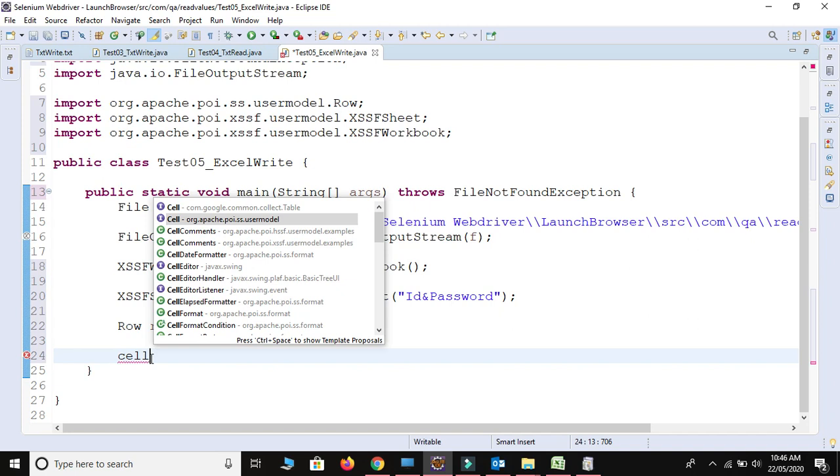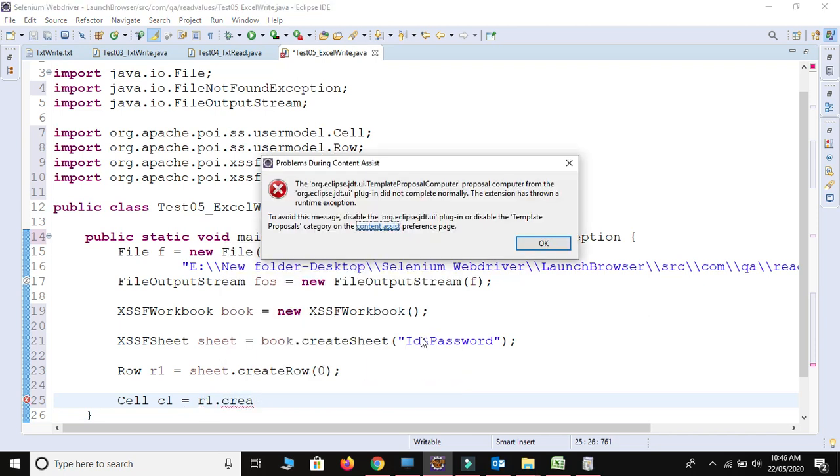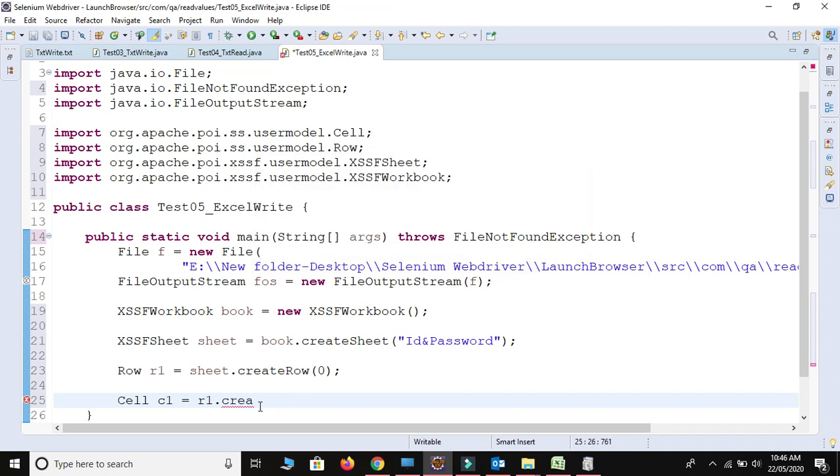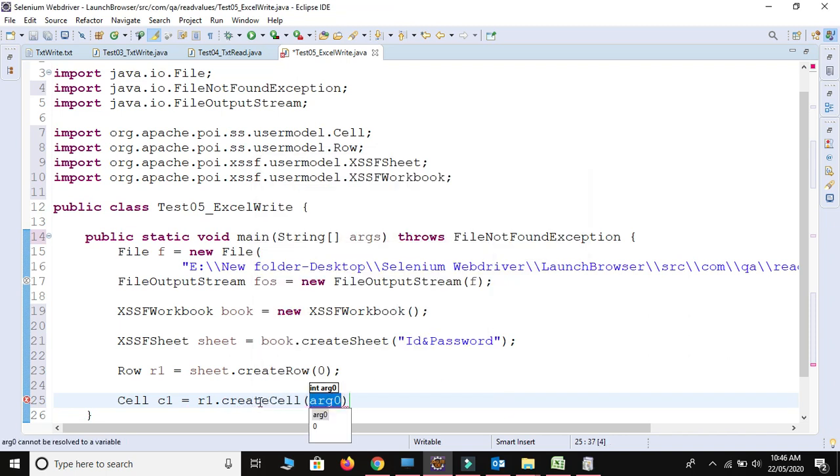Just take this interface from Apache POI. So Cell c1 is equal to, I will create a cell inside this row. So we use r1 dot createCell, the method to create a cell, at index number 0.